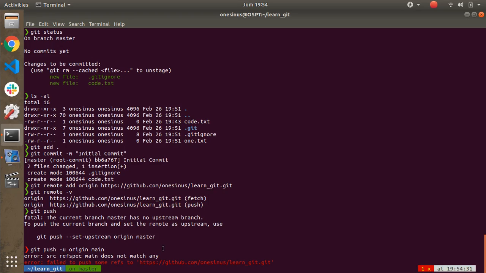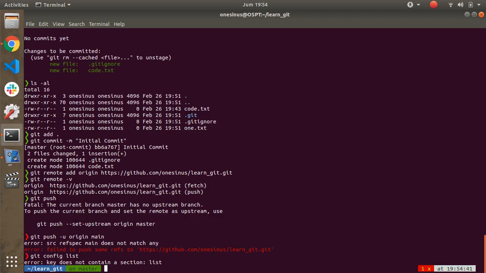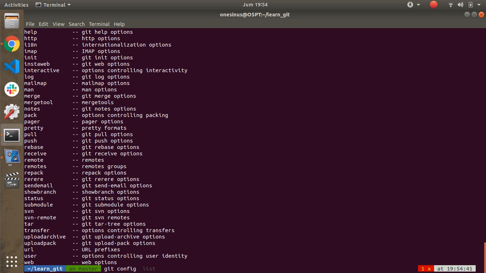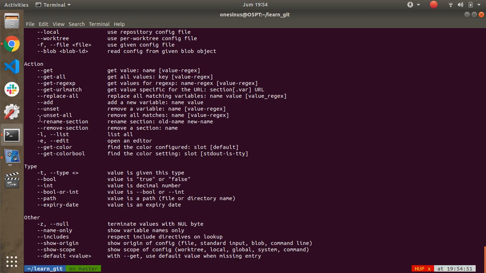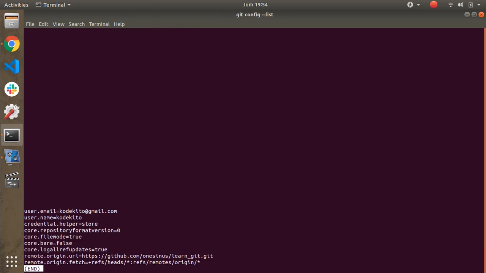Failed. Why did we fail to push to our repository? We can check our git config list. I'm sorry, git config --help, --list, git config --list.